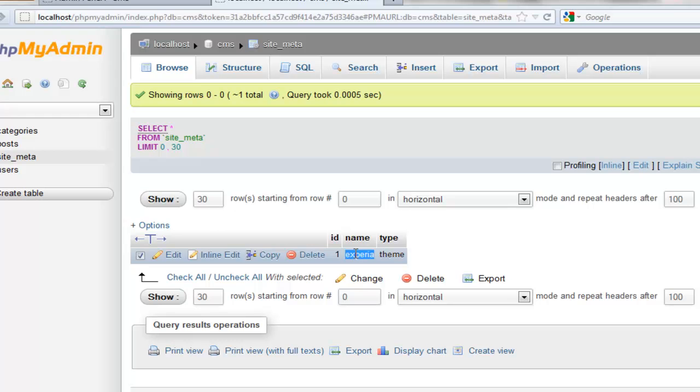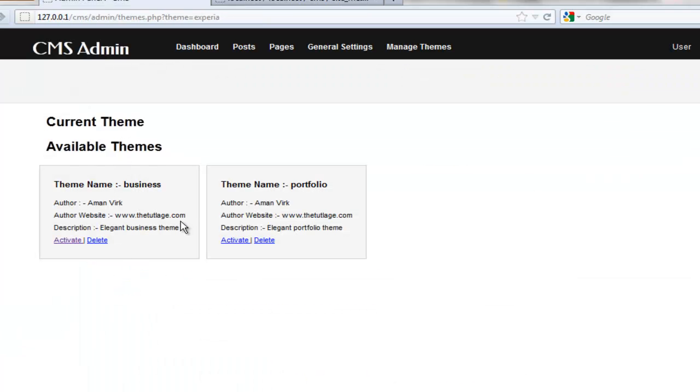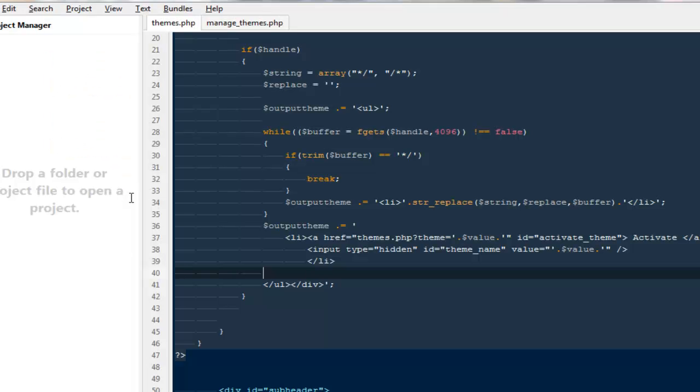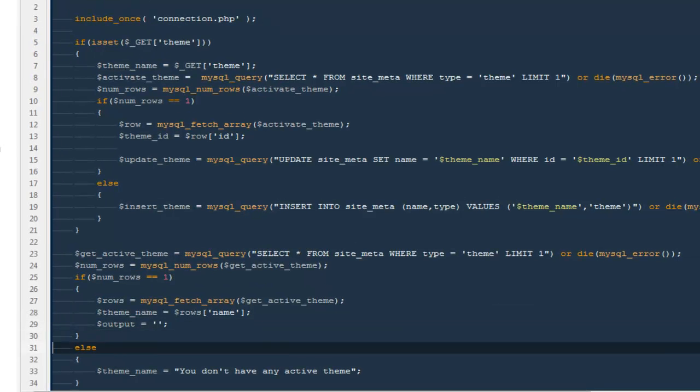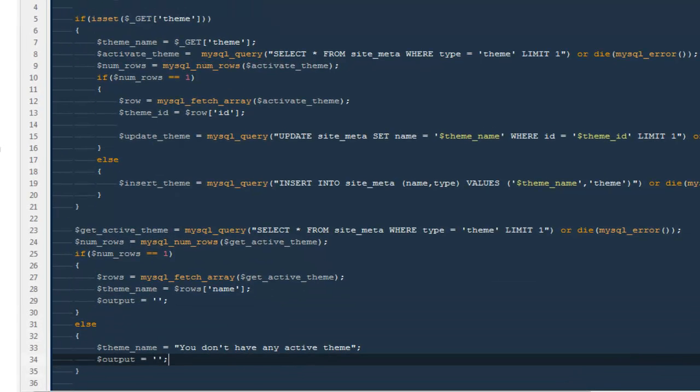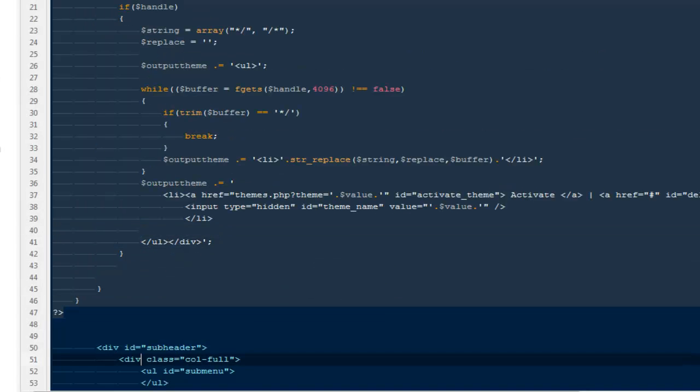So from here we can actually figure out which particular theme a person wants to use, and according to that we can show the styles or whatever they have written inside our theme on their main site, or I would say their blog. Next thing, till now we are able to get the theme name. One more thing we need to do is I'm gonna say $output will be equals to null here, and $output would be equal to